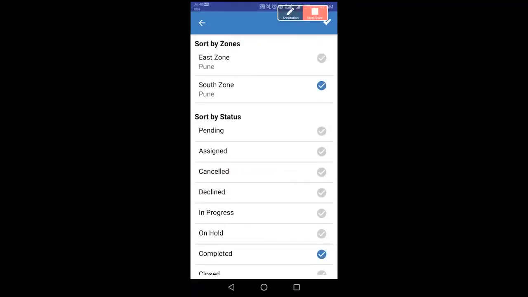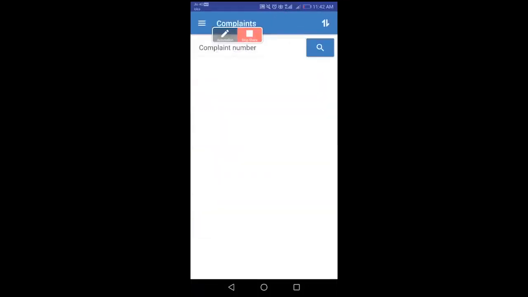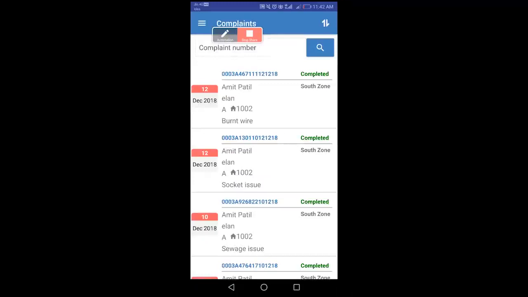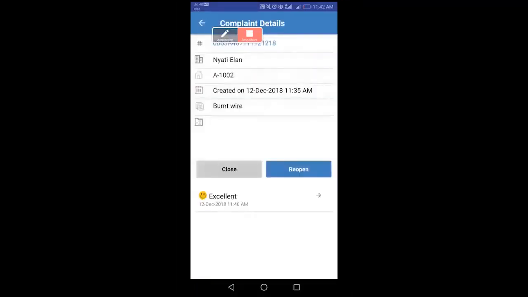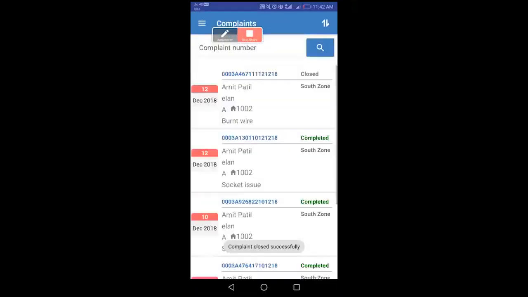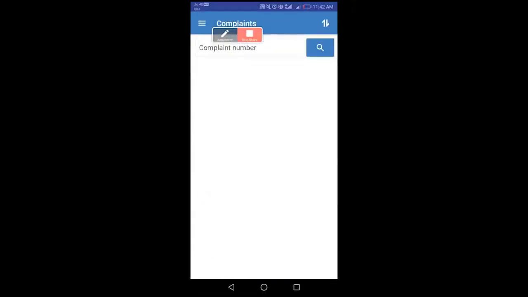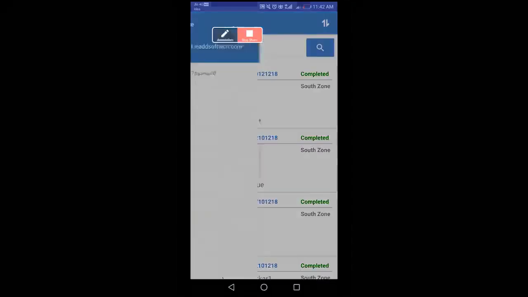Now let us apply the filter to see the completed requests. Now this burnt wire complaint is completed. We can simply click on it to close it. The feedback is also seen over here. Now we can simply click on close to close this complaint. The complaint will be closed successfully. Thank you.